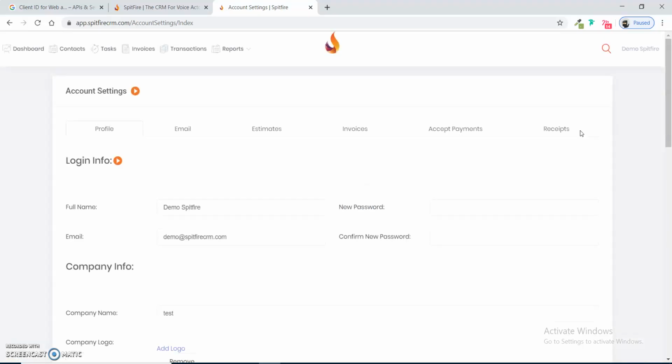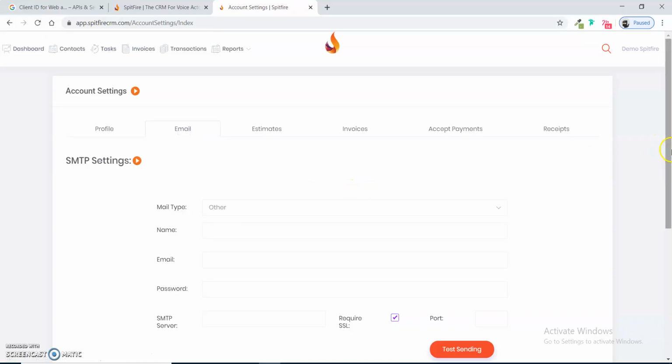Now I am going to connect the SMTP account.